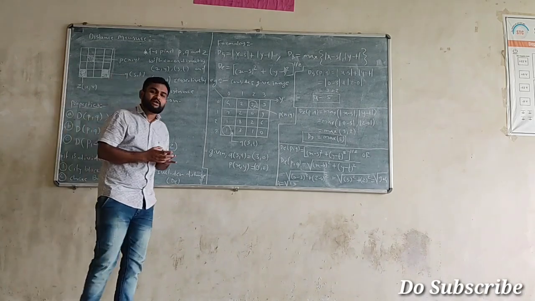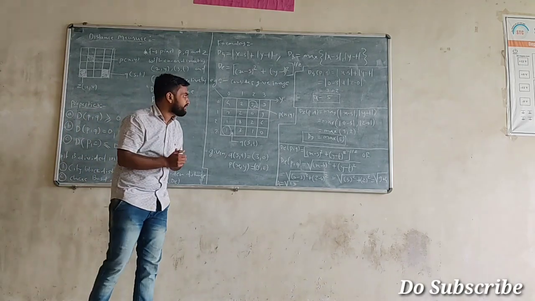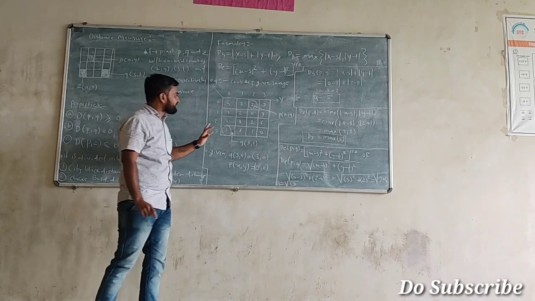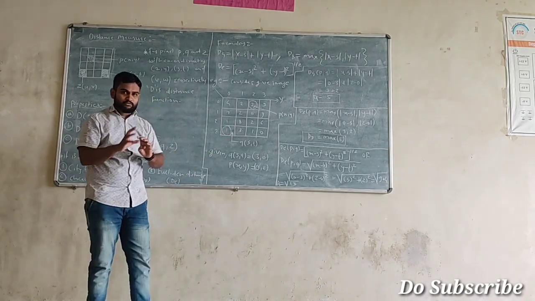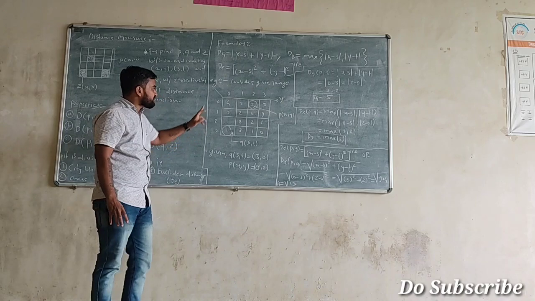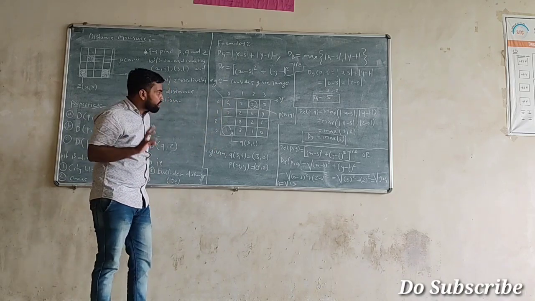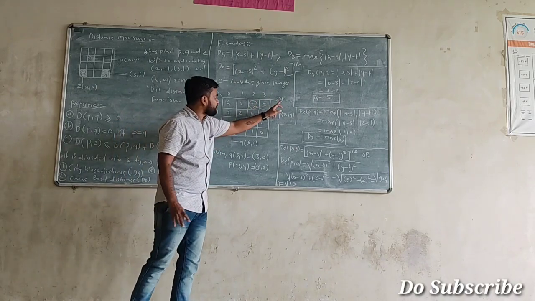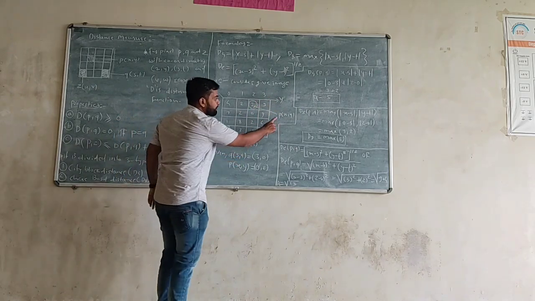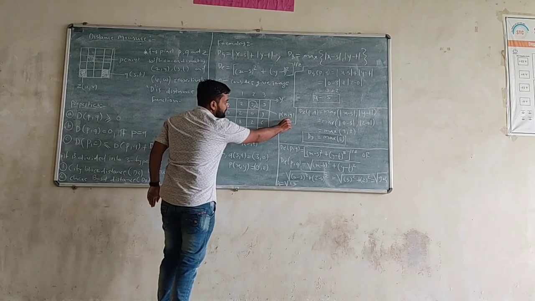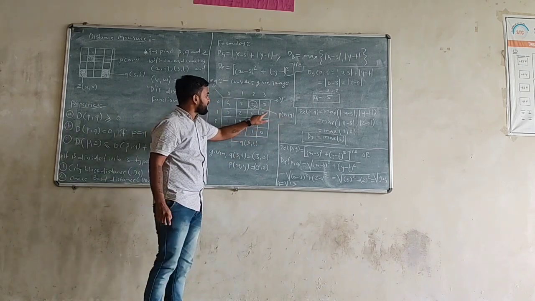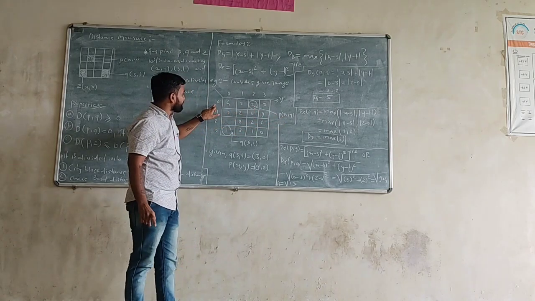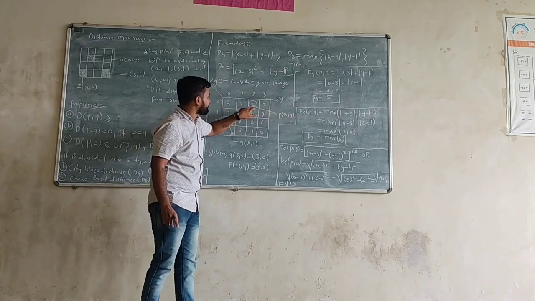So this is how the examiner used to ask the numerical, and what we solve here. If we want to calculate the distance between multiple pixels, first we have to take the input image. Consider this is the input image, where we have the x coordinate and y coordinate. On this, we are considering a pixel P with coordinates x, y. What is the value of x, y here? On the x coordinate it is 0 and on the y coordinate it is 2.